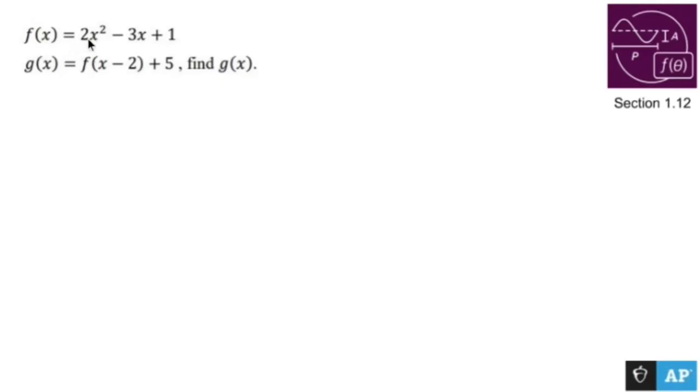f of x equals 2x squared minus 3x plus 1. f of x minus 2, plus 5, happens to be g of x. Find g of x. So in order for me to find g of x, what I have to do is